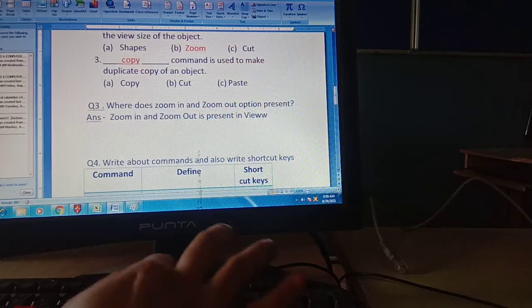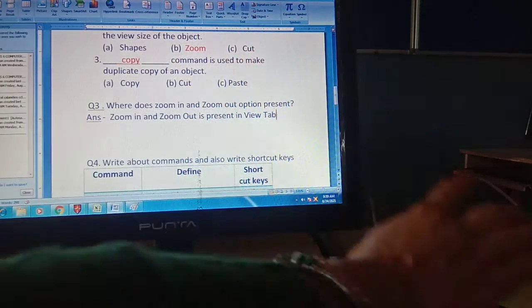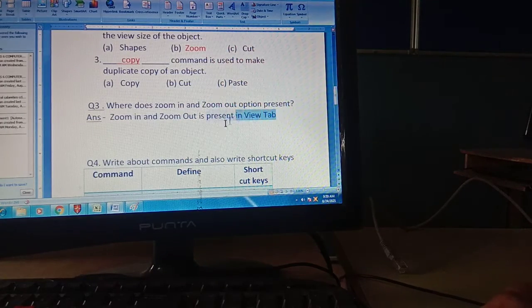Okay, view tab. Okay, it is present in view tab. Clear to everyone? Your answer will be zoom in and zoom out are present in view tab. Clear to everyone?